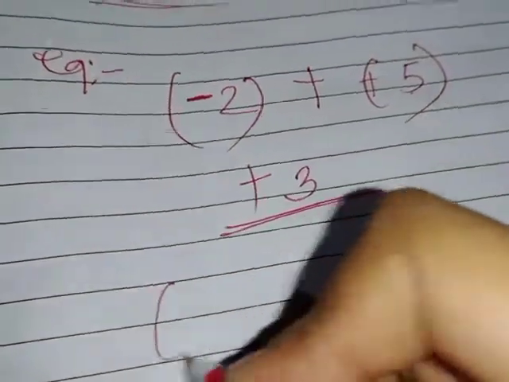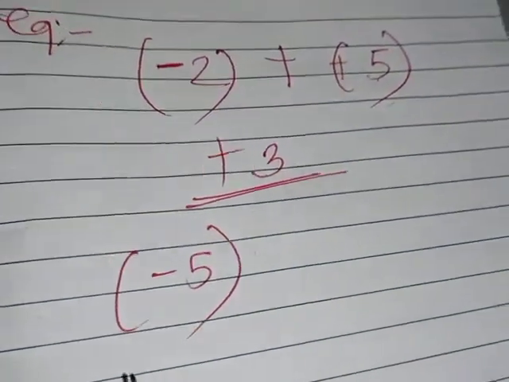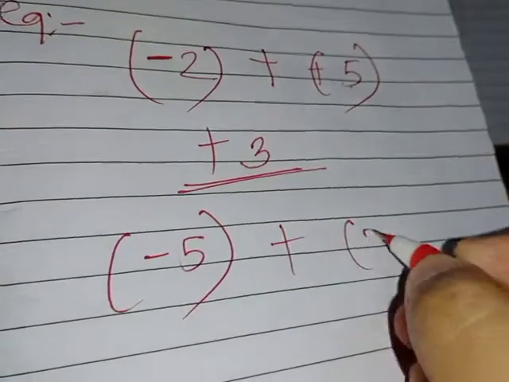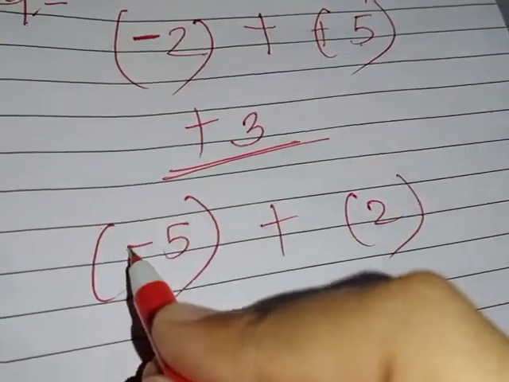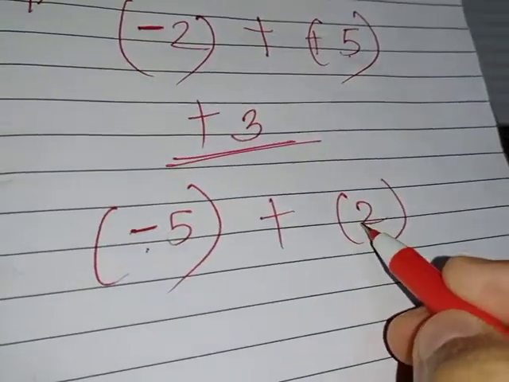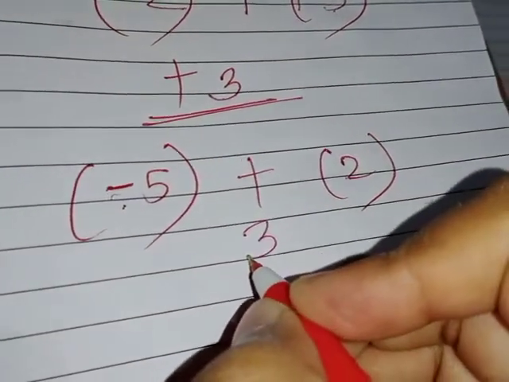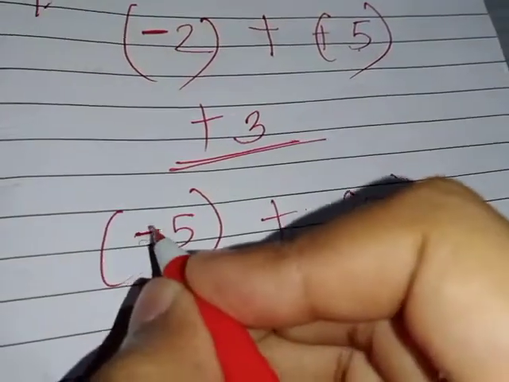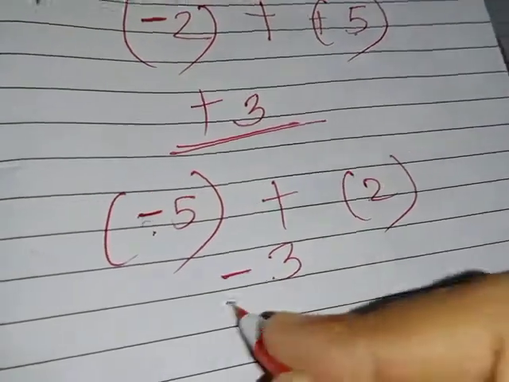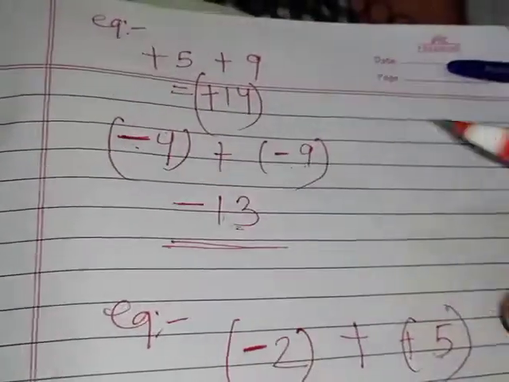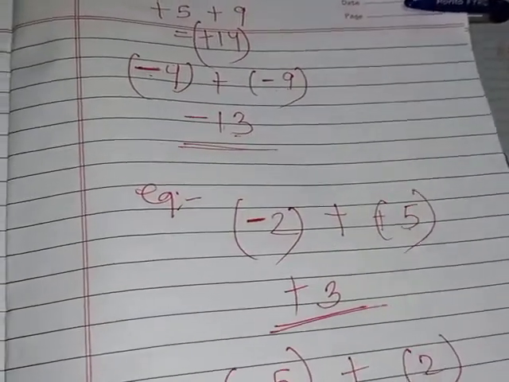Similarly, if you have negative integer 5 and positive integer 2, negative 5 and positive 2, so one negative and one positive, plus minus minus, we will do here minus, but sign we will put of greater number. Greater one is 5, na? So we will write here minus 3. All these 3 points we need to keep in mind while doing addition of integer.